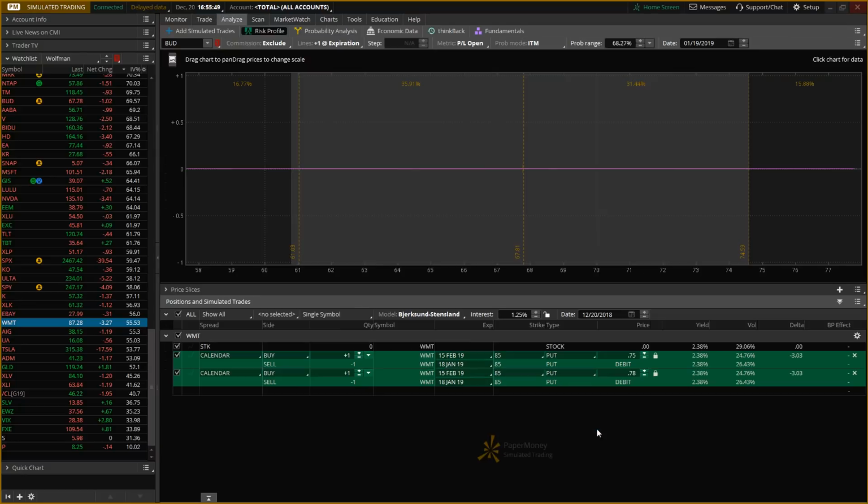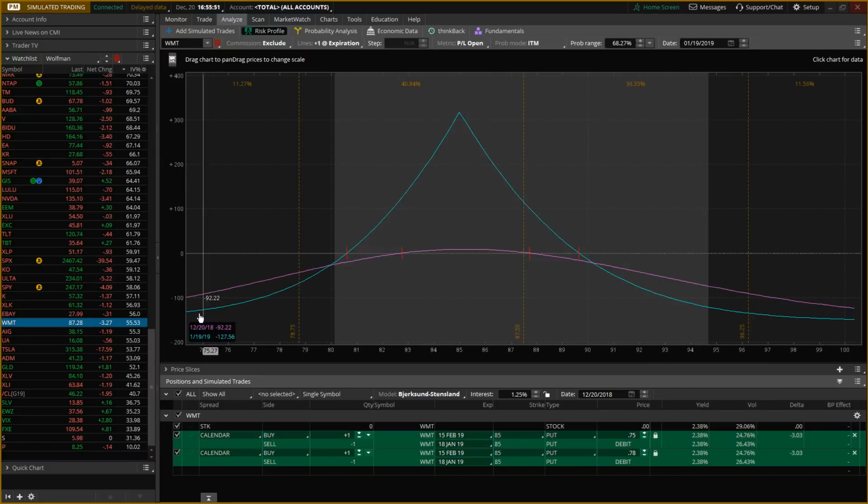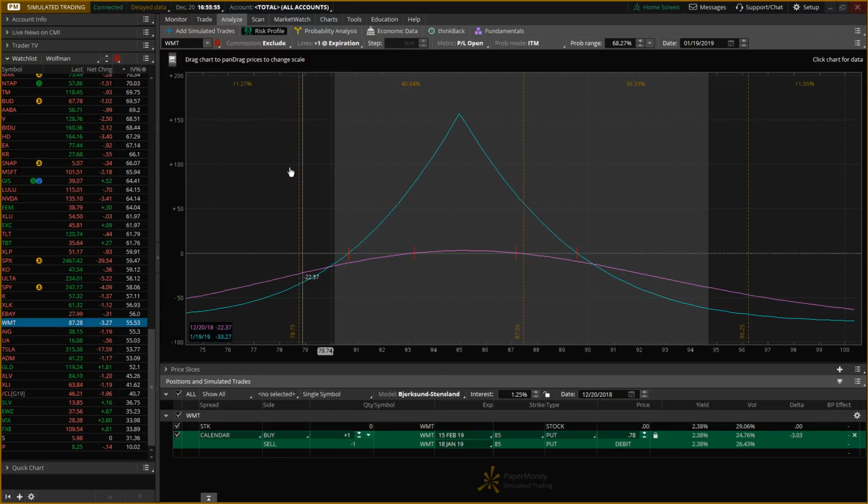Next thing to look at, one of the things I talked to you guys about, is making sure you're risking one to make one. So we're risking 78 cents to make 78 cents would be one to one. Well, we're risking one to make two, right? Risking 78 cents to make $1.60 something. That is a very good scenario. So this works out quite nicely.